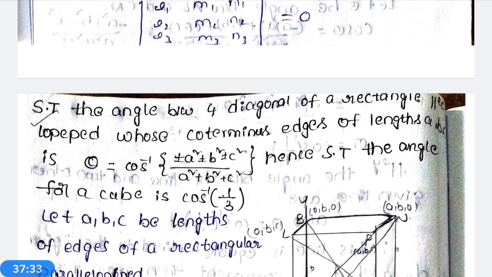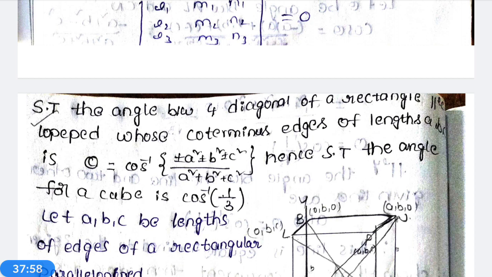Concurrence means the three lines lie on the same plane. Concurrent means intersect at a point. When they intersect, they lie on the same plane. Then choose a line which is perpendicular to that plane. A line perpendicular to a plane means any line contained in the plane is also perpendicular to it. Therefore, the line is perpendicular to the three given lines.